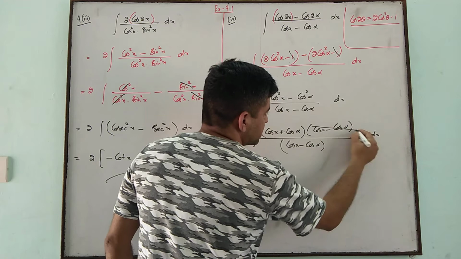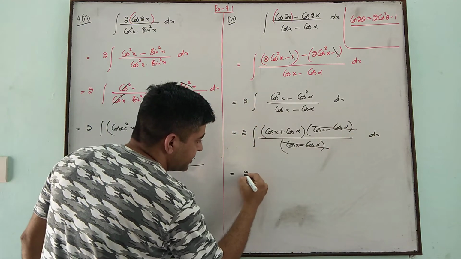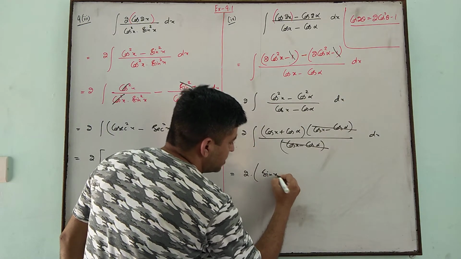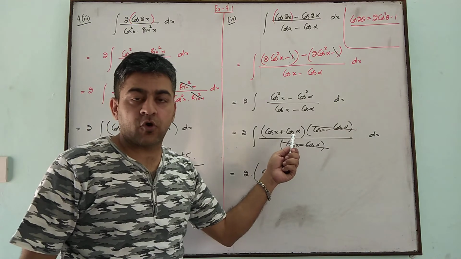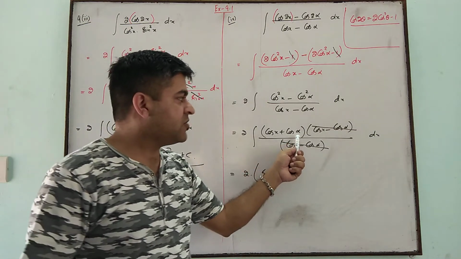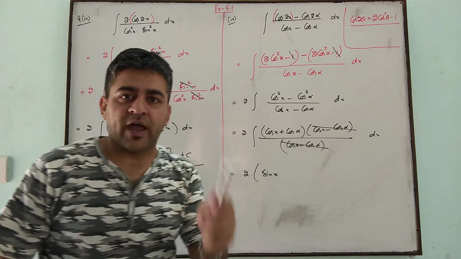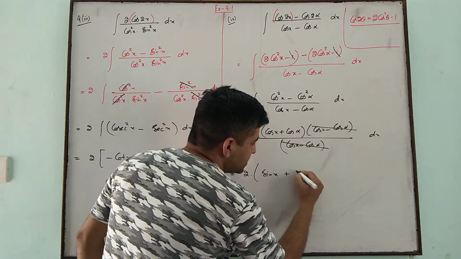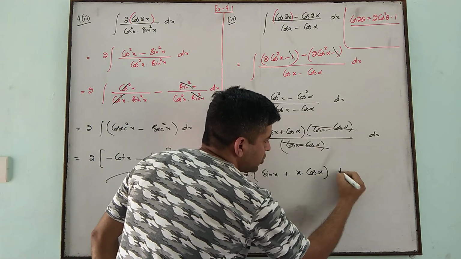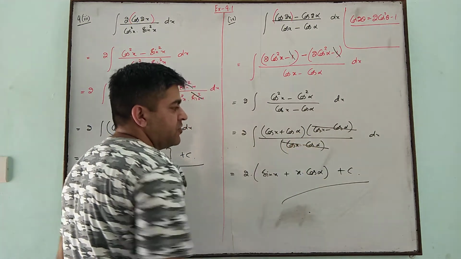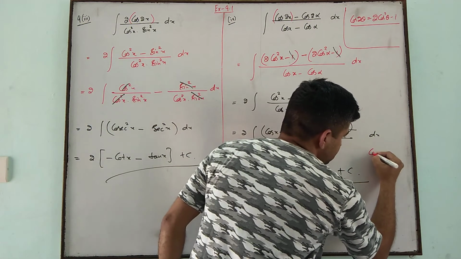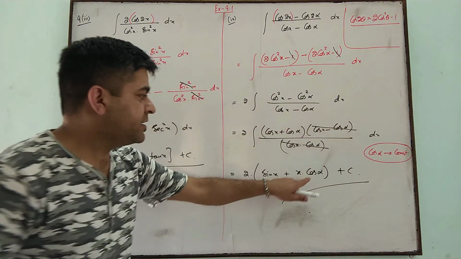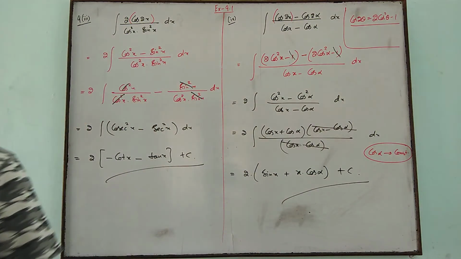And now your cos x plus cos alpha, and then integrate. For cos x, integration is sin x. For cos alpha, now see, it is not sin alpha because alpha is constant, as the integral of 5 is 5x, the integral of 10 is 10x. For cos alpha it is x cos alpha. Alpha is constant, keep in your mind here cos alpha is constant. So its integral is x cos alpha. Just note it down.